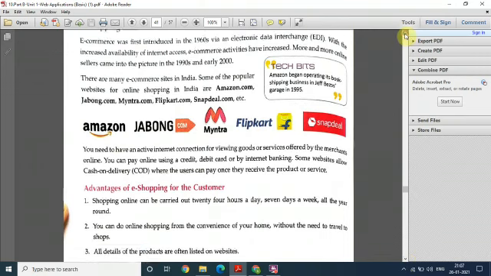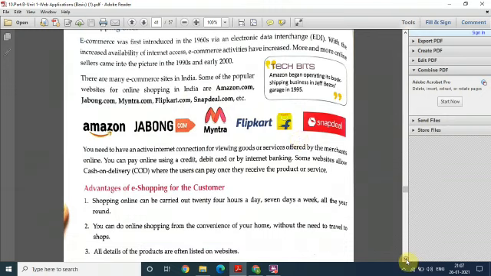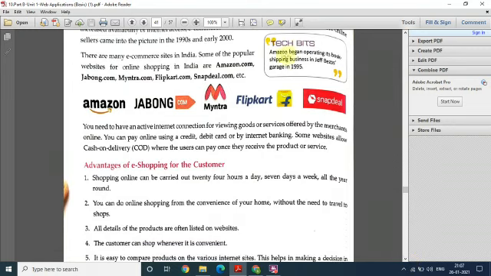Right, there are certain websites which offer online shopping like these. Amazon, Jabong, Myntra, Flipkart. Fine, these are going to give you online shopping facilities. Fine, and what is the advantage of e-shopping? That means, see here, one introduction is given like Amazon. Jeff Bezos is there, who has started this Amazon. Okay, this is a shopping website.